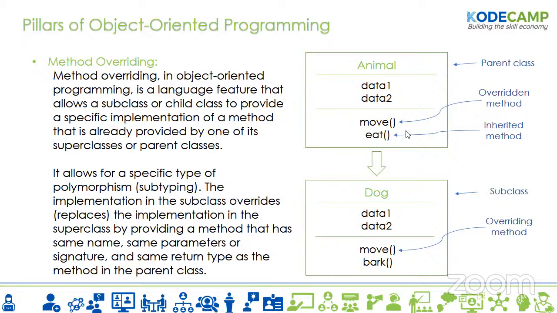Now, this method, as we are inheriting it into the dog class, we are now saying that we want a move method that is different from what is implemented here. So if the algorithm or code, how it performs this function, is defined here in this class,